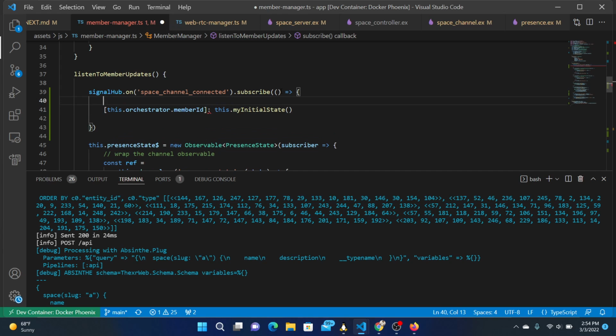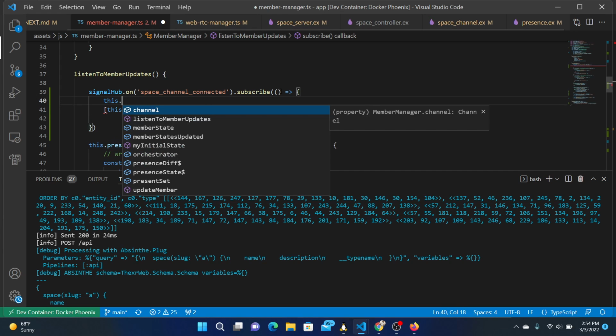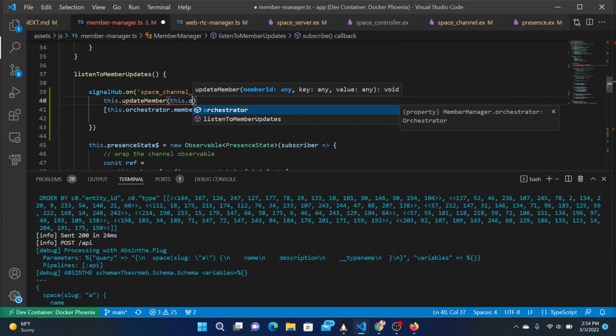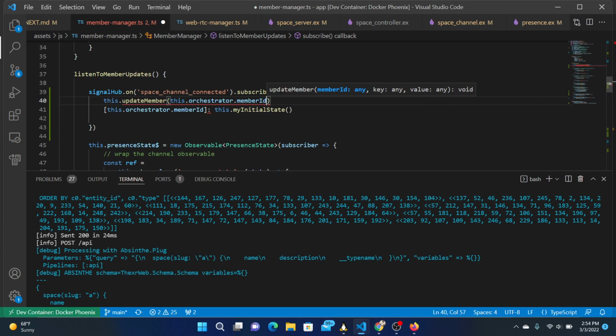Then we do this dot member update member with ourselves, this orchestrator member ID, and value is